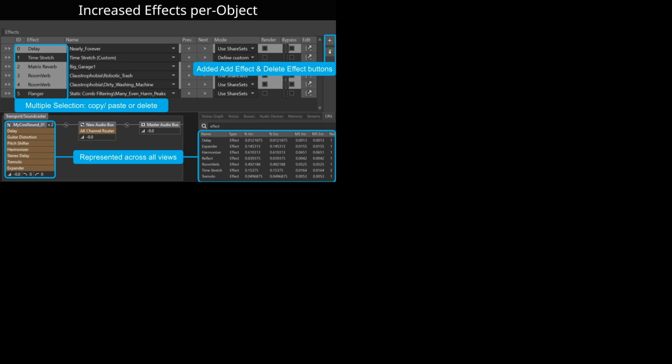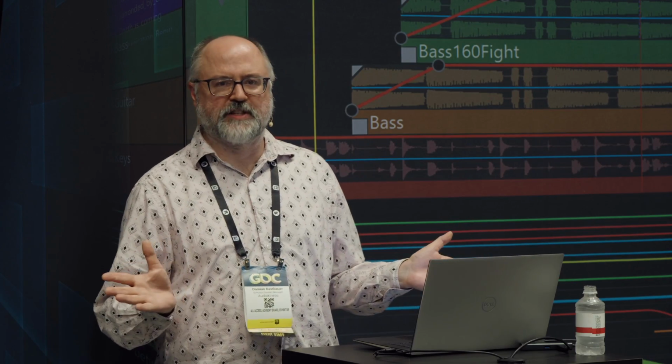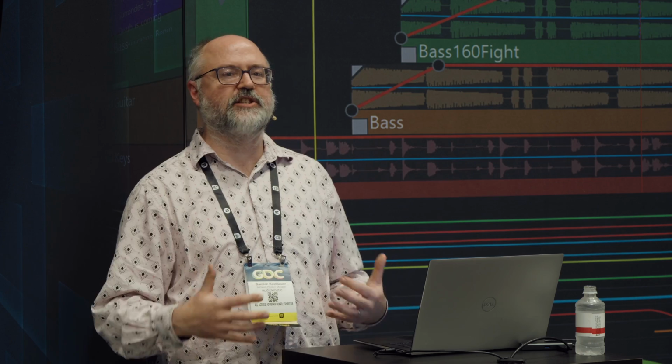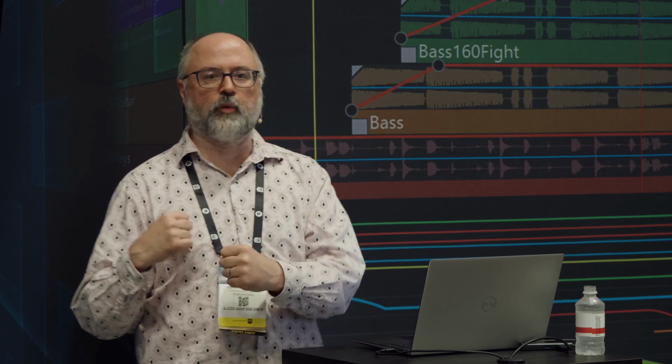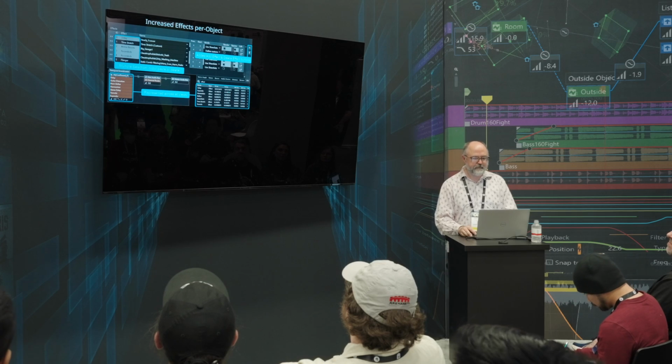But for now, in 2023.1, the number of effects that can be added to each object has been expanded to 255 per object. It's no longer limited to 4. So this is a big deal for some people. These limitations, we're going to continue breaking them down where we can so that we can unlock the potential that you see for your experiences. So you continue to drive towards these incredible representations of the games that you're making.